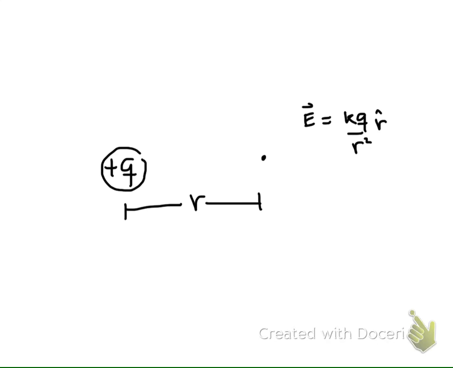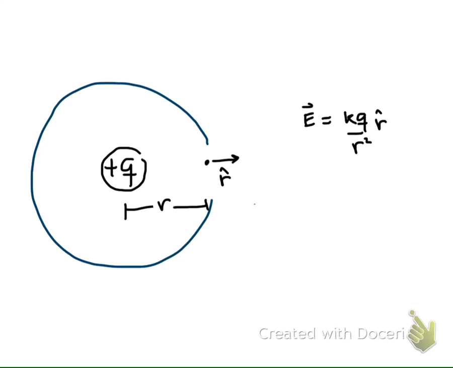times the unit vector r, where the unit vector r points outward from the point charge Q. Okay, now, if I put this charge inside a spherical surface,